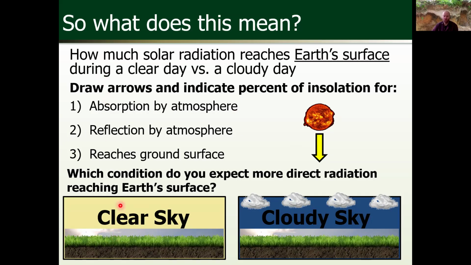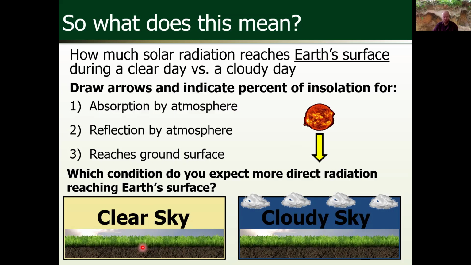Think about which condition, clear or cloudy, has more absorption or less absorption, which one has more reflection or less reflection, and then which one ultimately do you think has the most direct radiation, where we have the most radiation emitted by the sun directly reaching Earth's surface. All right,